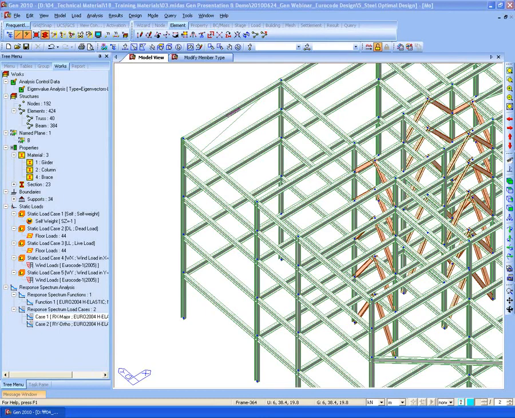If we use the construction stage analysis, then yes, we can perform the design as well, the automatic design after performing the construction stage analysis. In the design after the construction stage analysis, the final stage's member forces will be used for the design.